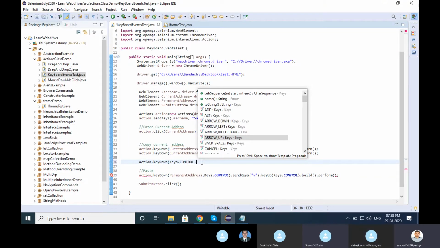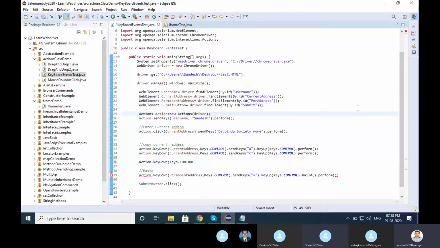So there are many situations where you want to go with the action class. If you want to press a key or pass multiple keys, then you can go with the action class. Another situation is using the mouse. If I want to right click on a particular project, or I want to drag an option from one file to another location, how can we do so? The action class will be helpful there. Drag and drop, or double click a particular element.